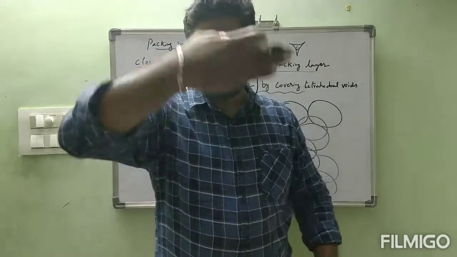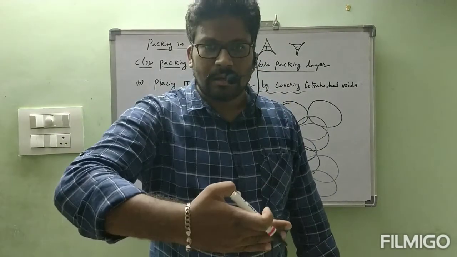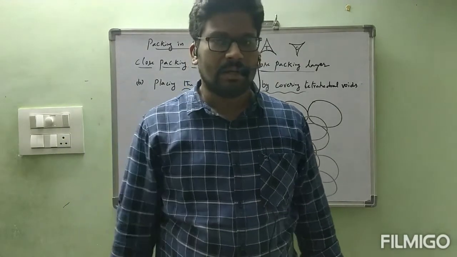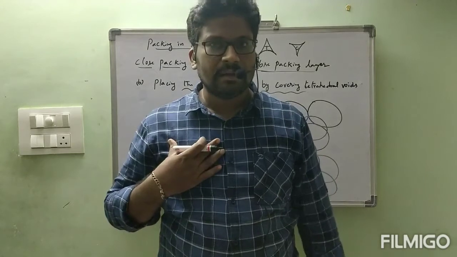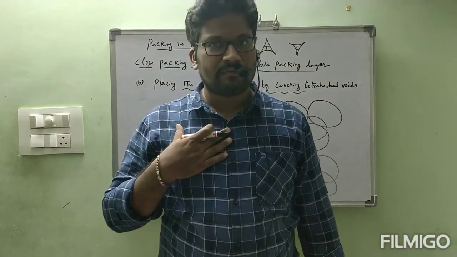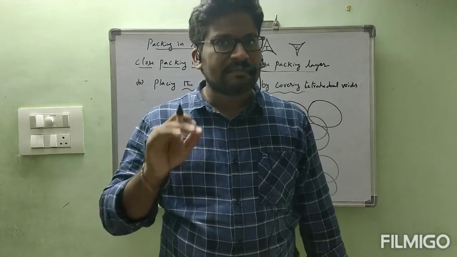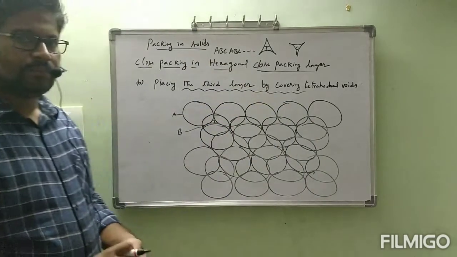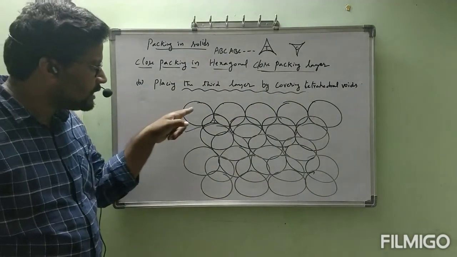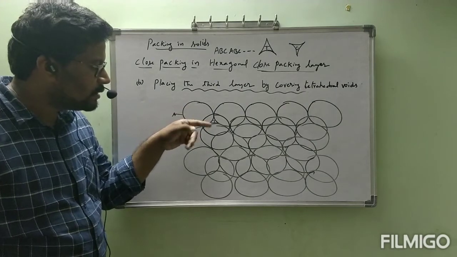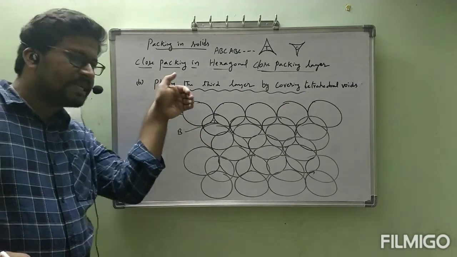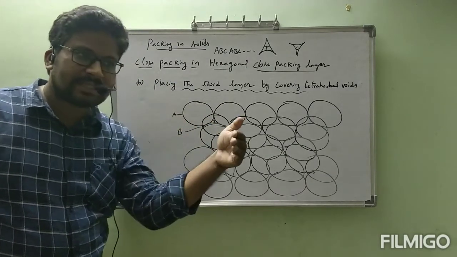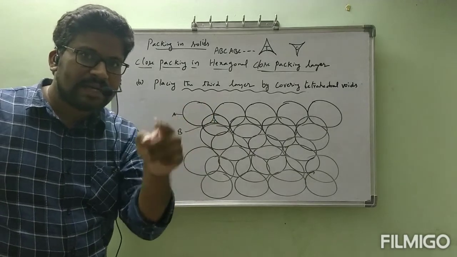In what way? This is the first layer. Above that, I kept the B layer. For you it is above, for me it is below. Now, from my point of view, the layer above A is free, isn't it? That is only the back side. See, this is the A layer, and this is the B layer. From that side, the tetrahedral void point is free, from my point of view.